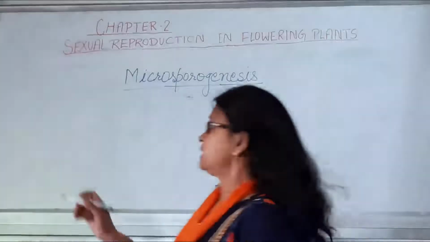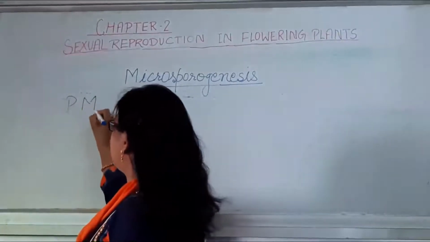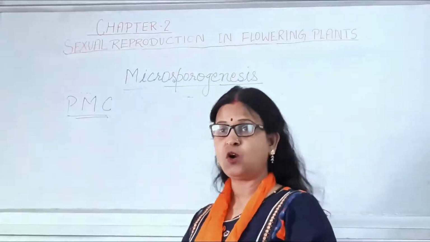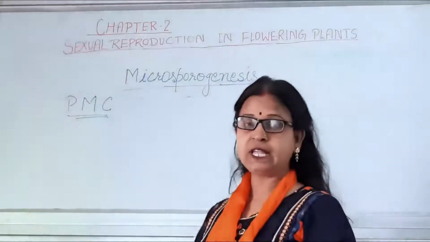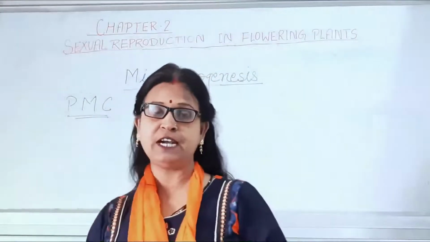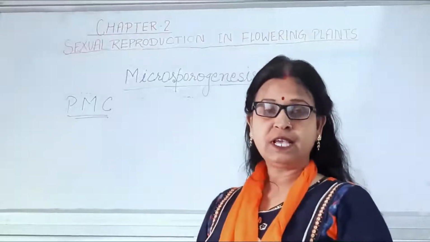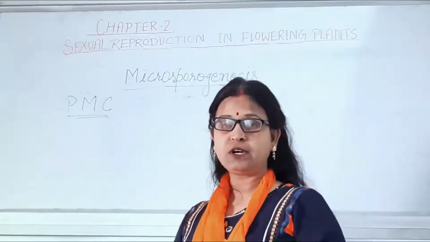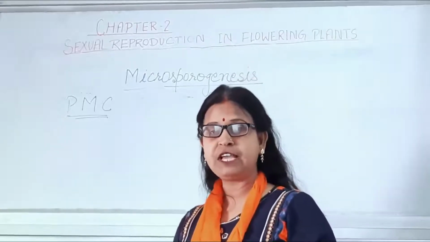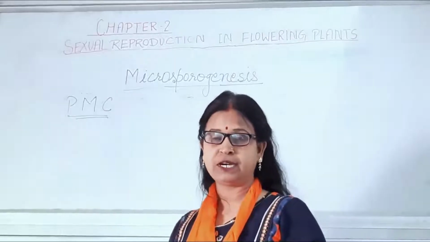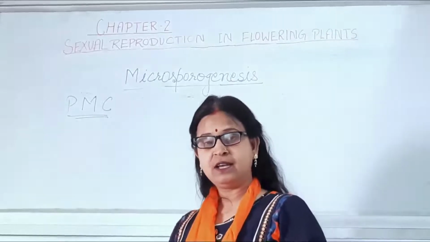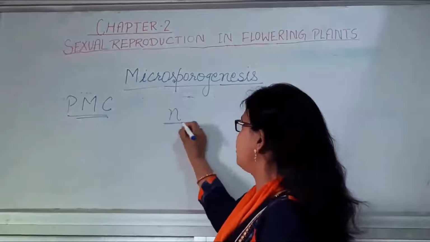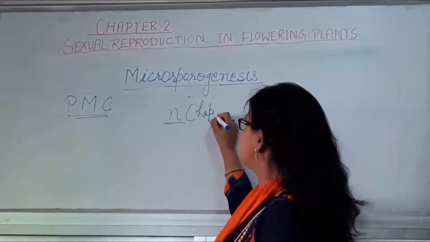This PMC, the pollen mother cell, or MMC, the microspore mother cell, will enter into the process of microsporogenesis. For that, the cell will undergo the type of cell division known as meiosis. You all know that at the end of meiosis, 4 daughter cells are produced. Here also, it will give rise to a microspore tetrad, and all these 4 cells are haploid in nature. That means N, or half the number of chromosomes, is present. That's why it is known as haploid